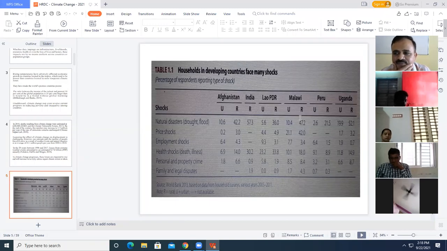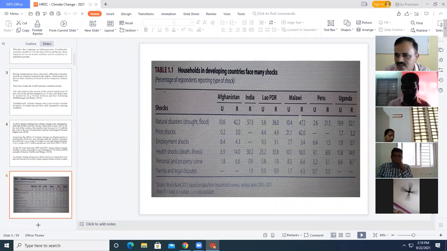So this is one of the pieces of information which we have obtained from the World Bank estimations. It has selected a few countries related to the shocks faced by the households in the country. Just observe these 6 countries. The first shock mentioned by the households is related to natural disasters. For example, in India, 57% of the households in that study mentioned that natural disaster is the first shock they face, and others are price shocks, employment shocks, health related shocks, personal and property crime, and so on. In all these 6 countries, Afghanistan, India, Laos PDR, Malawi, Peru, and Uganda,